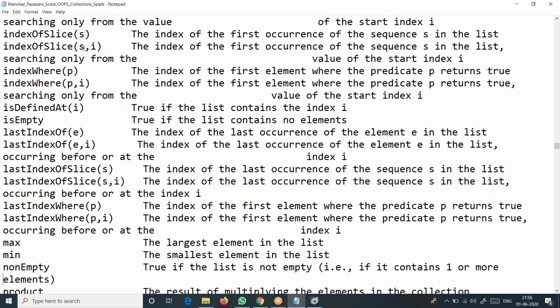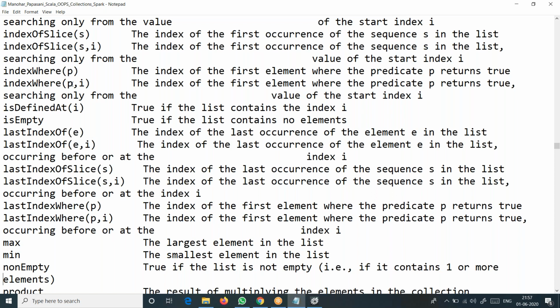Suppose you want to see whether the same sublist of elements is present somewhere in the middle or somewhere at the end of the list, then you can choose the second method. Index where checks the index of the first element based on some condition. Again, similar to the index of slice method.